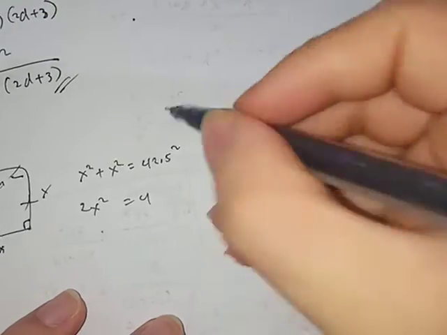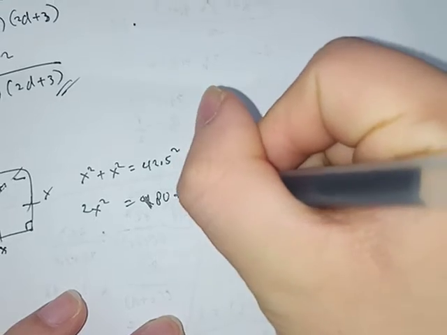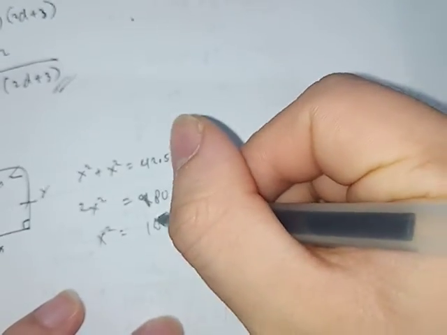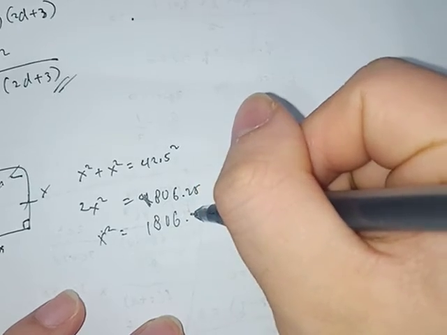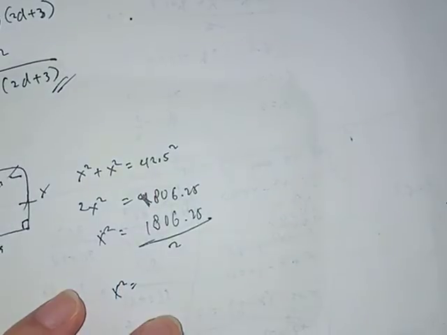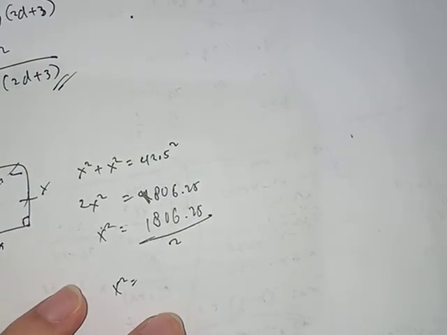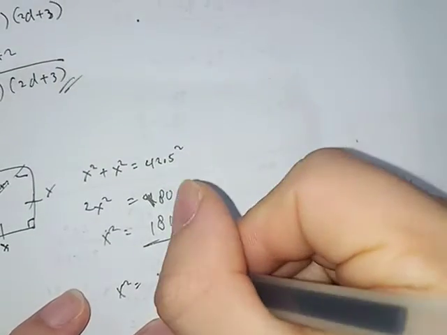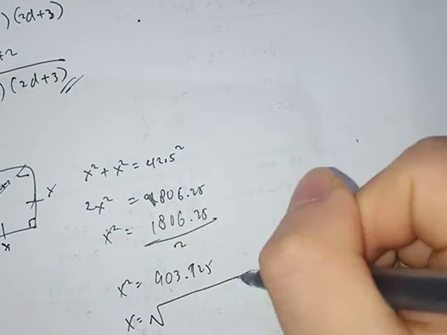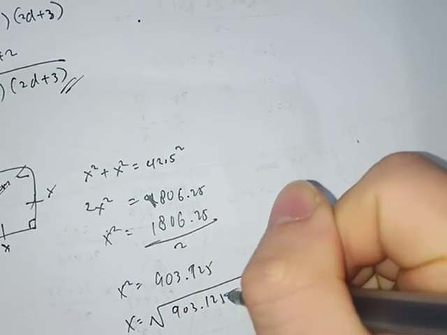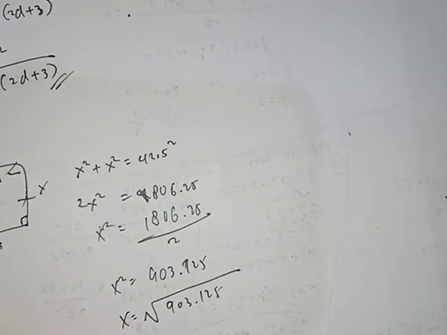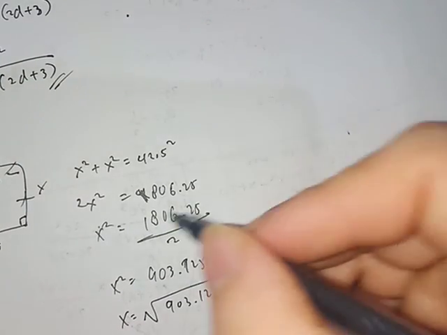Oh, I got 1806.25, and then x squared will be 1806.25 over 2, which is 903.125, and then finally square root it. So square root it becomes 30